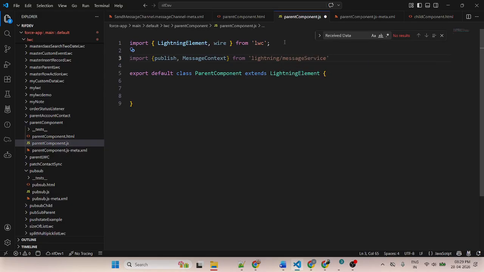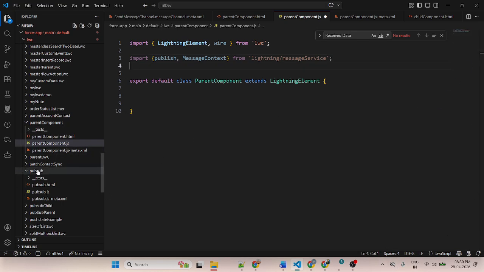This is a module. If you're working on the LMS, this is the module to import first. Then we need to import the file and folder of Lightning Message Service.